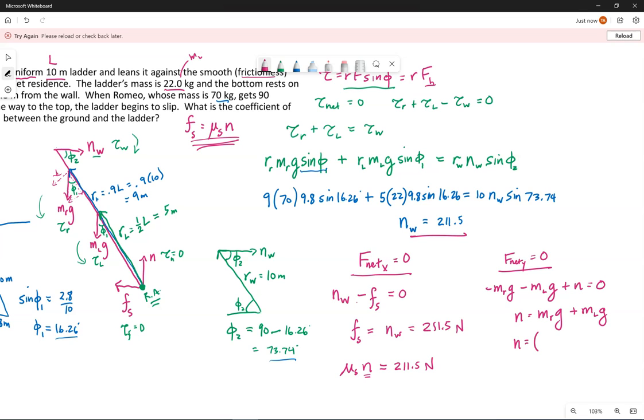So let's see, Romeo is 70 kilograms, ladder is 22. Multiply that by 9.8. We find that the normal force is 901.6 newtons. So coming back to our equation on the left,